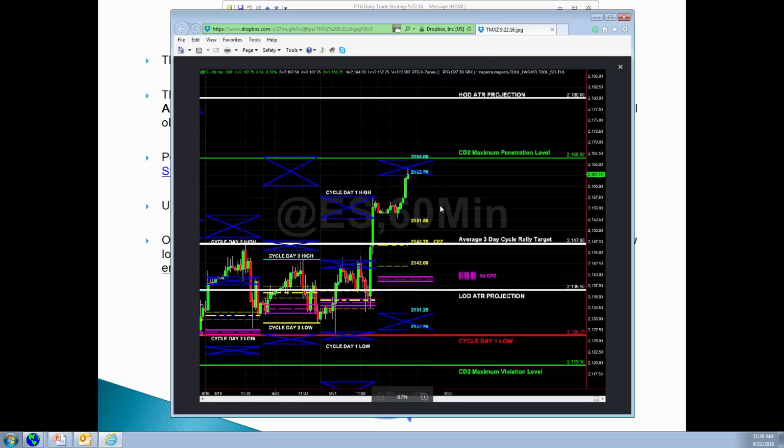That helps them prepare. Now, keep one thing in mind about whether you're dealing with cycles or profiling, Elliott wave, any of the cycle analysis that people do. At least from my perspective, they're not predictive. A lot of people want to try to predict where the market's going. Professionals do not predict where the market's going. Now, certainly they have an opinion of where the market may go, so there's probably some inherent predictions in there. But the idea is not so much predicting where the market's going, but